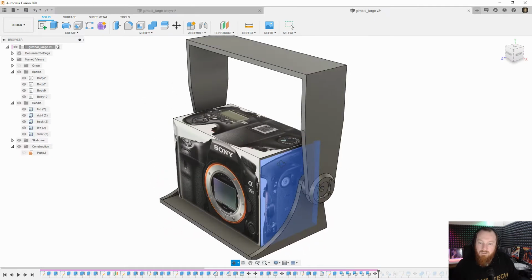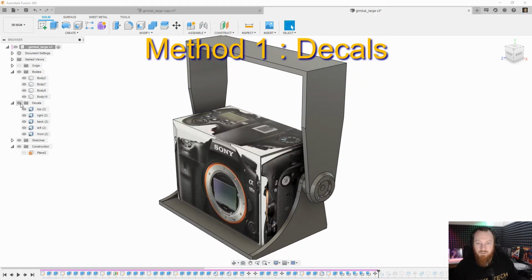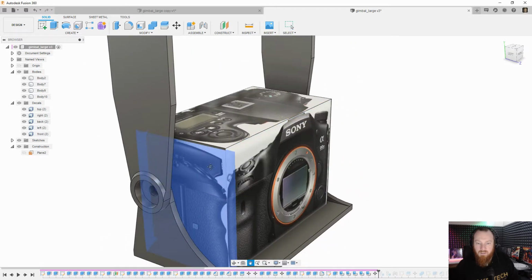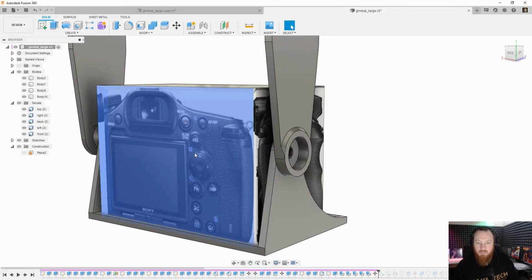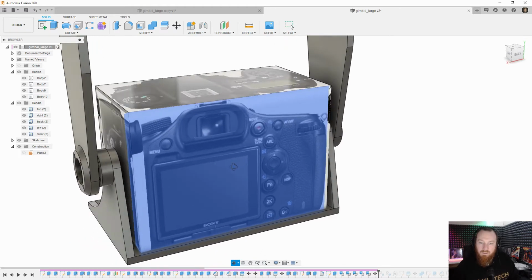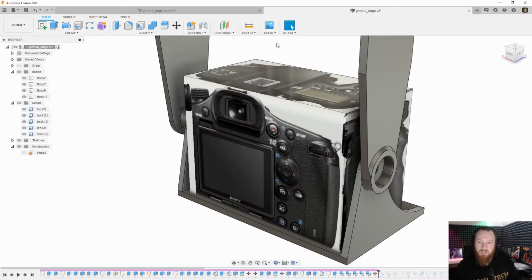So the way I've done it on this one is to use decals. So here's all my decals, turn them on and off. Now as you can see, if you look in here, it's not really perfect. If you make the images exactly right how they need to be for the decals, then maybe this would work, but these are all close to the scale they need to be, and then I've stretched them out and rotated them on. So if you want to add a decal, just go into insert decal